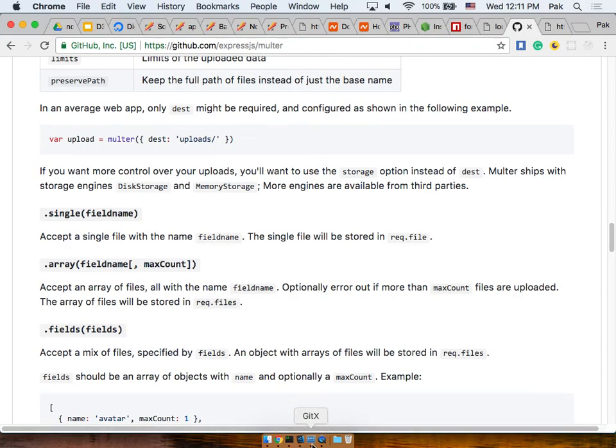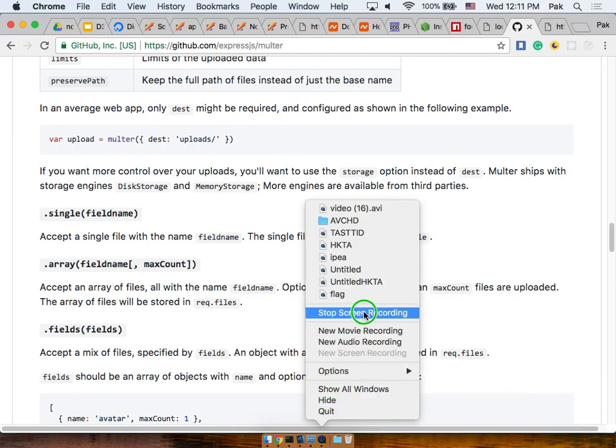And then with Passport and Postgres, you can make it a profile picture. Any other questions? If not, let's stop here. Let's see whether the screen recording